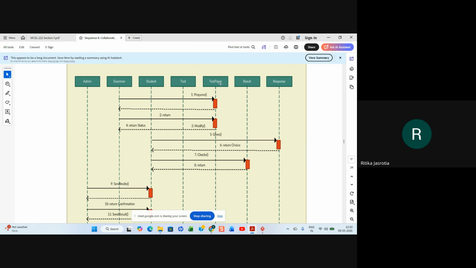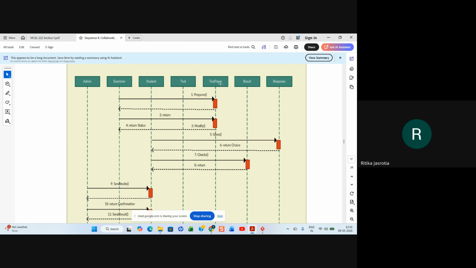I told you, only a valid user can participate in that. Any valid user is participating, so you show it like that, because if you show the login process also, it gets complicated, too much information will be there, right? Yes, ma'am. So the student is already a registered student, so he applies for a test paper.